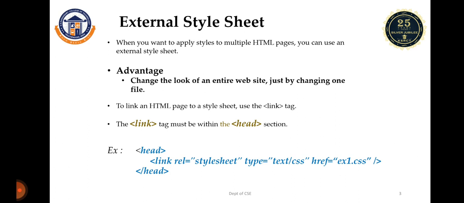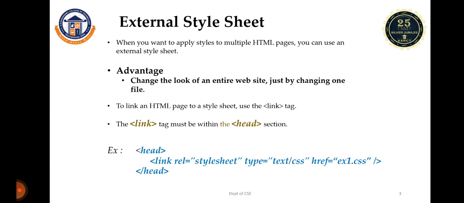We have already said that we have two different documents. One is the HTML document, another one is a style document, that is the CSS document. We can link by using a link tag. That link tag should be specified inside the HTML document, inside the head tag. That is important. Inside the head tag you create a link tag and mention the particular CSS document. It will refer to the CSS document and it will be applied. So this is the way to create an external style sheet.